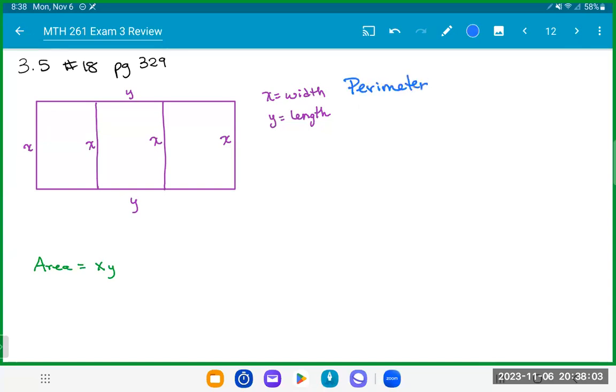The perimeter is really just adding up all of the sides. So we have 4 x's plus 2 y's, and that has to equal 1,200. But we want to get this in one variable. So let's get y equal to something. So this would give me 2y equals 1,200 minus 4x. So y is equal to 600 minus